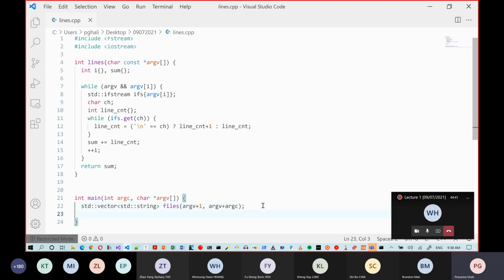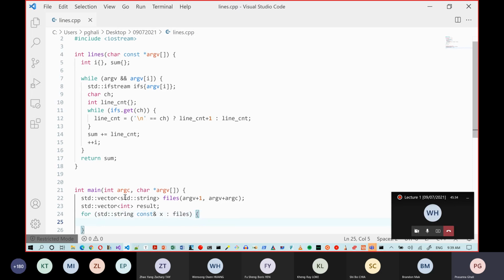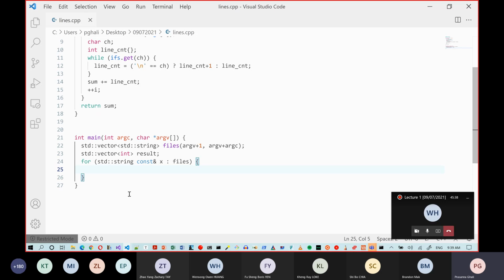Now, what I'm going to do is go ahead and iterate through every single element, right? And store the value that is returned in this particular container, which is going to contain the result of each one of the lines in each one of the files. So I'm going to go ahead and iterate through each element. I'll just call it X. I'm going to go through this container, and I'm going to go and, you know,